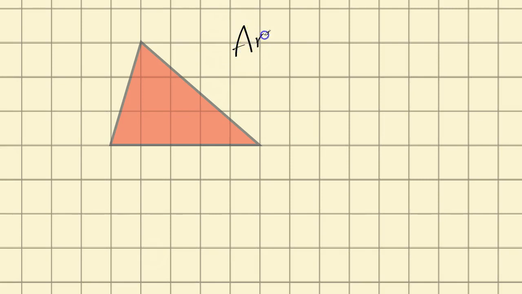Area means how much space is in a shape. We measure area by counting how many full squares would fit inside a shape. So if I were looking at a shape like, let's say this square, the area of that would be 1. And whatever that is, we'll say for this it's a centimetre, so the area of that would be 1 centimetre squared. Similarly, if I was looking at this triangle,